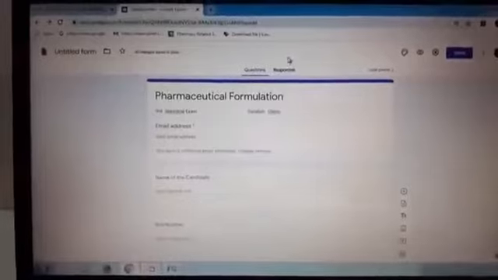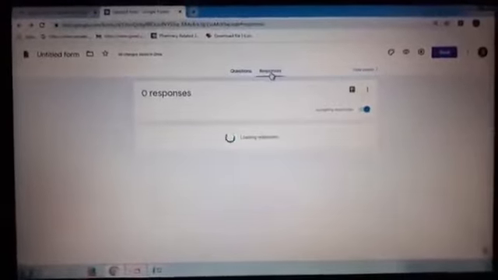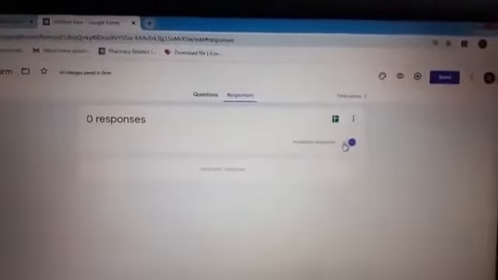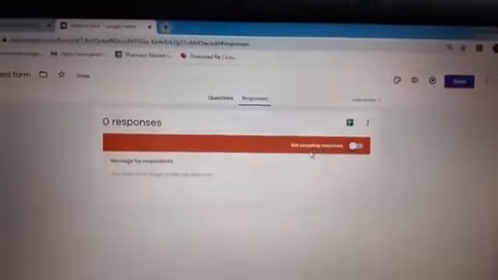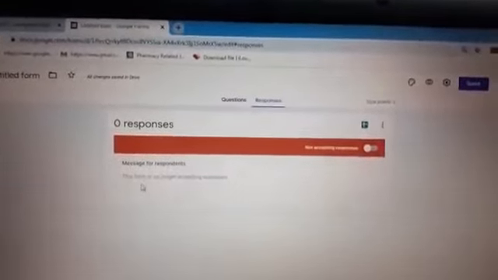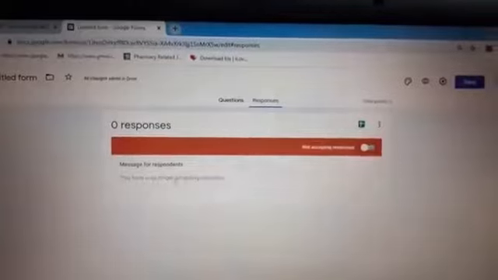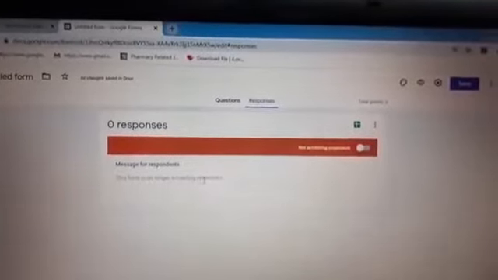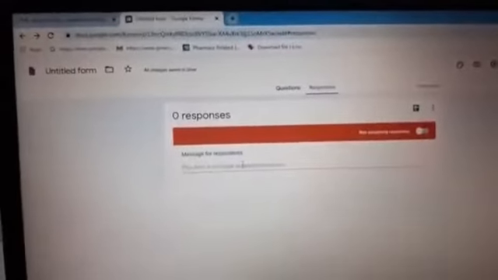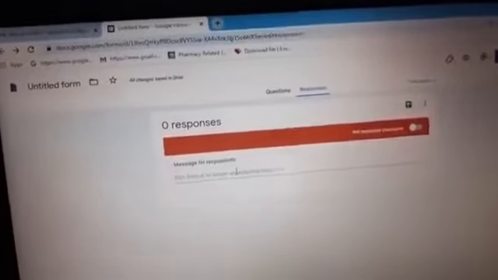After entering all the questions, you go to the responses. In these responses you can see here accepting responses. To this one you click like this. Not accepting responses, message for the students. Here you can see, this form is no longer accepting responses. Here you can type the date and time when the Google Form or the link gets activated.